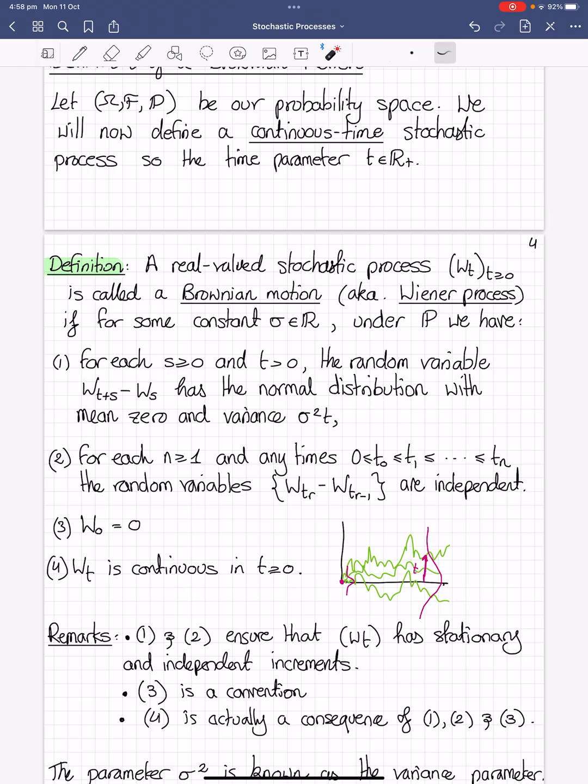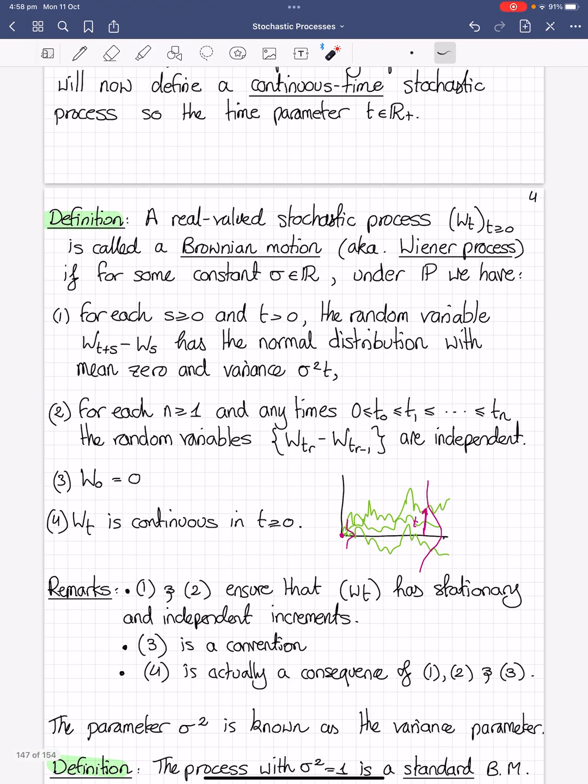Okay, so if we consider this definition, there's a few remarks to make about it. The first remark is that properties 1 and 2 basically mean that the Brownian motion has stationary and independent increments, similar to the rescaled random walk, as we talked about before. And the property that the Brownian motion starts at 0, equal to 0 at time 0, is more of a convention than anything else,